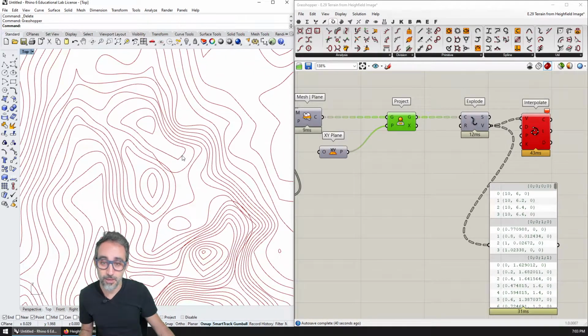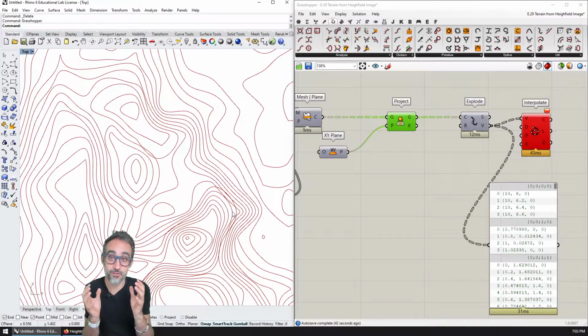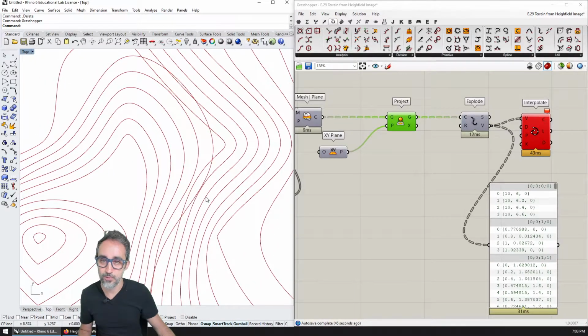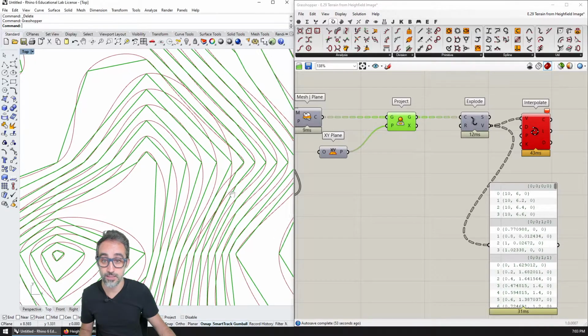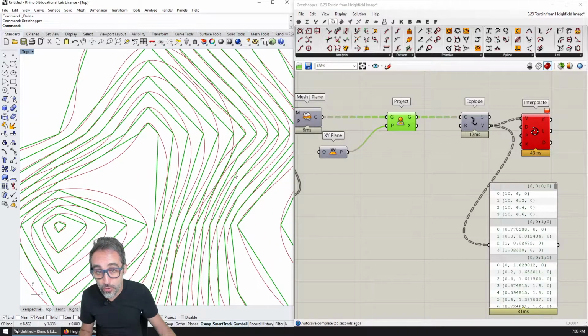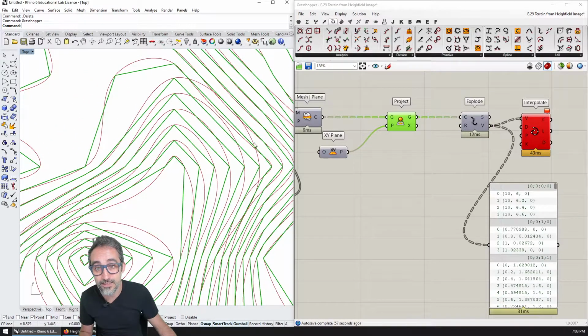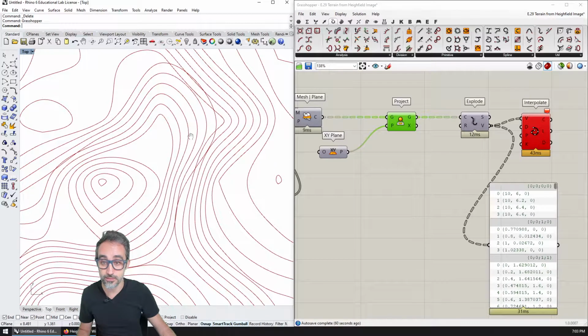But my main concern is that in areas where there's a lot of density of polygons, these things are going to happen. Because we have so much density, some of the curves are going to overlap with each other. For example, this is happening here because they are so close to each other, and this line is so big that the interpolation algorithm tries to smooth out, and it actually overlaps on top of the next one. This, to me, is a big problem because this is very strictly wrong.